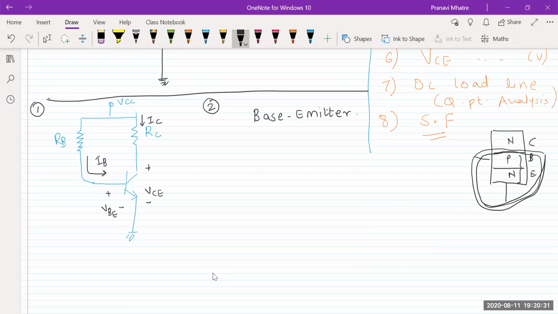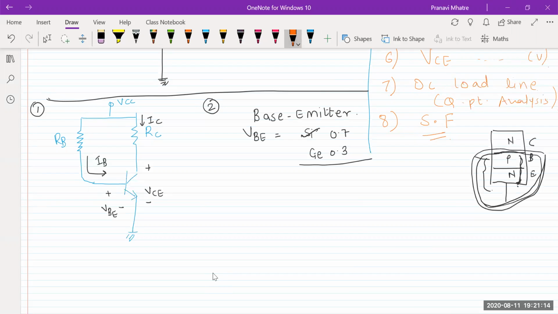Here you can see I am having only P and N. When I say only P and N, that means it's a junction, it's a diode for me. And you know the diode cut-in voltage is 0.7 for silicon and 0.3 for germanium. By default we consider the transistor as a silicon transistor, or a diode as a silicon diode, so my junction cut-in voltage is nothing but 0.7. That means VBE is equal to 0.7 by default, unless specified or mentioned in the paper or in the question. So now I'll begin with the base emitter loop.